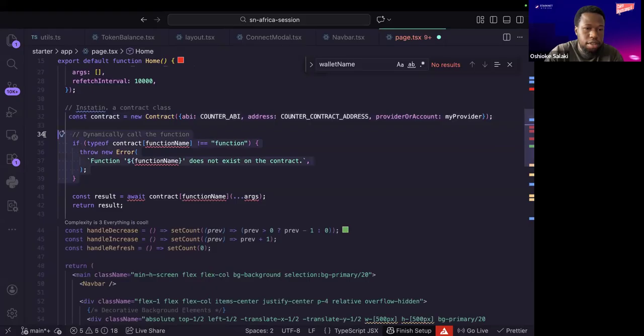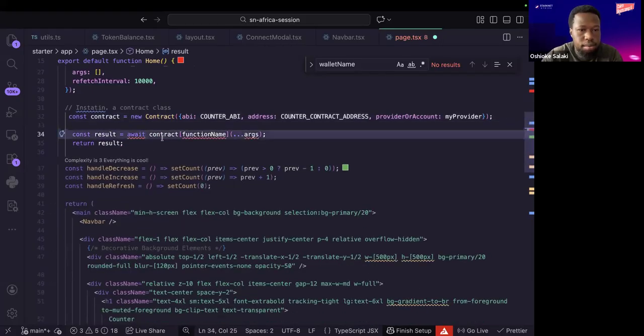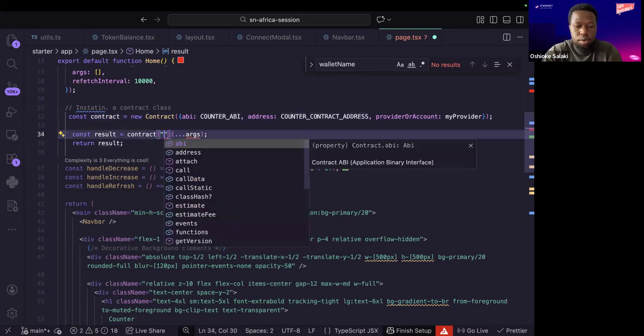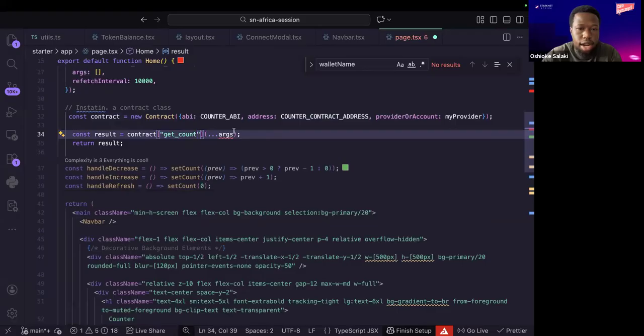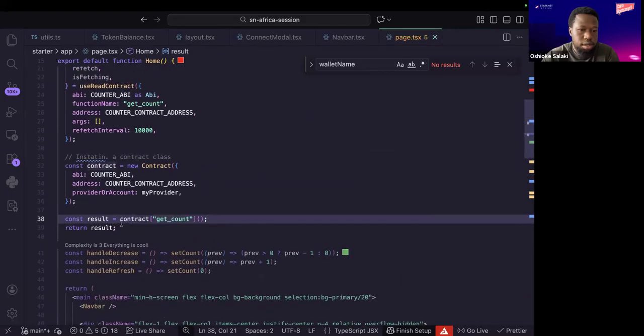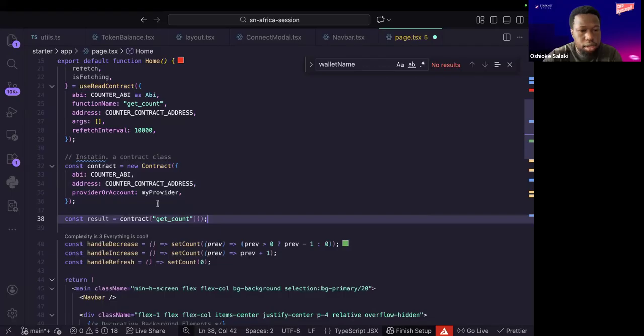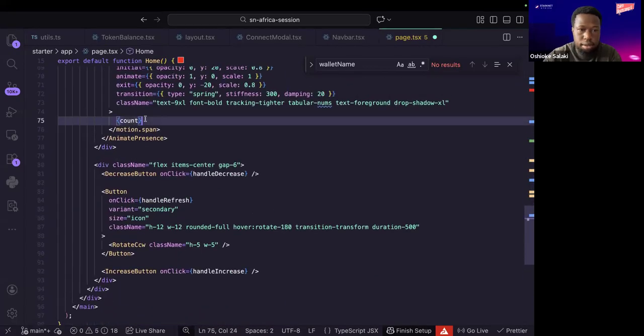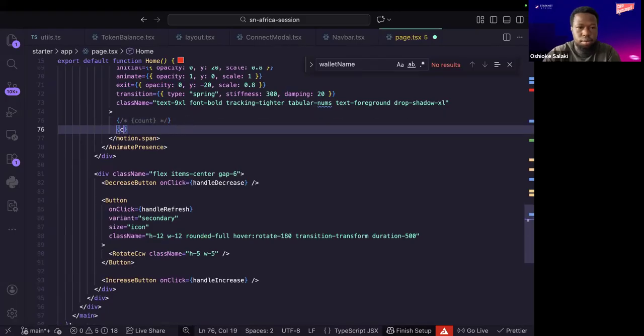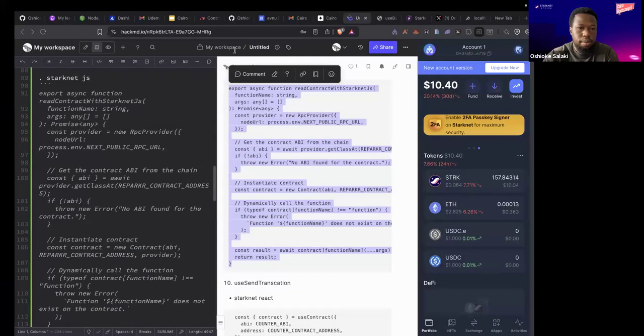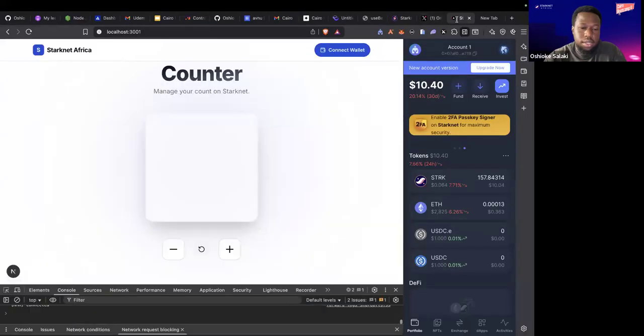Then after that, we call that contract with the function name. So getCounts like this. Then the arguments, there are no arguments for this contract. So we just return the results. So yeah, let's see if this result returns the same thing. If it doesn't, that means we need